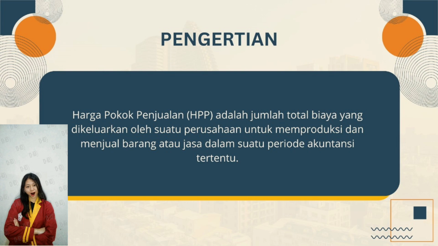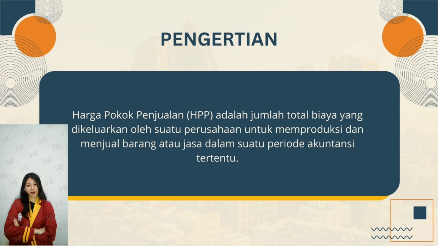Cost of goods sold (COGS) is the total amount of costs incurred by a company to produce and sell goods or services in a certain accounting period. This cost includes all direct costs associated with production, such as raw materials, direct labor, and factory overhead costs. The correct calculation of COGS is very important because it affects the profit generated. If COGS is high, the profit margin will be smaller, while low COGS indicates that production is running efficiently and